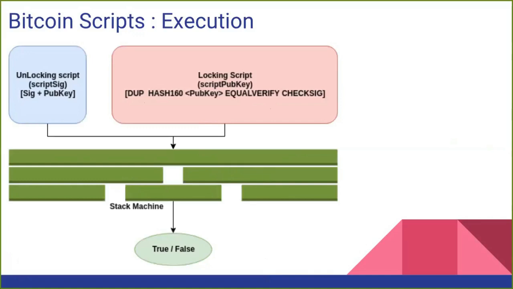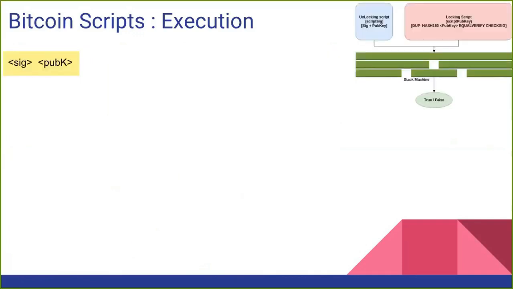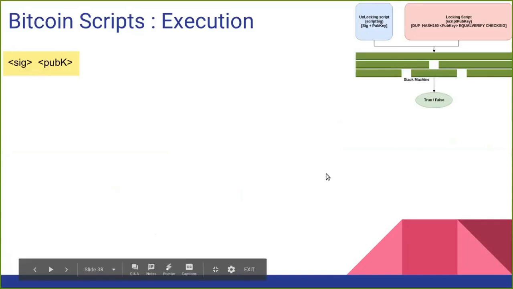Okay, so basically, this miner is trying to form a block, right? So what all transactions have to be taken in a block has to be decided. For that, he will go through this process of validation of the transaction, and once the transaction gets validated, he adds it in a block. That's the bigger picture, that's the process. So let us see how the locking and unlocking script gets executed on a stack machine.